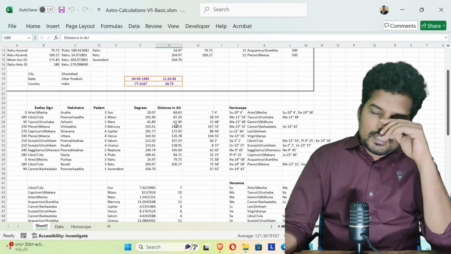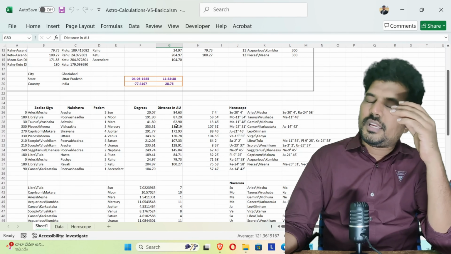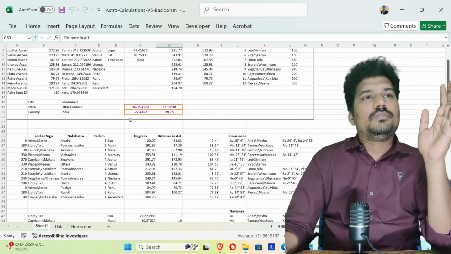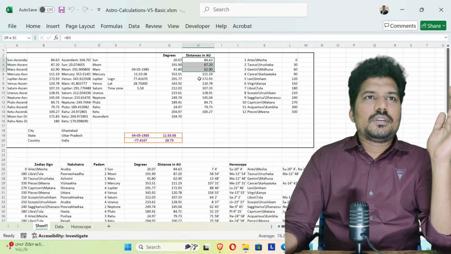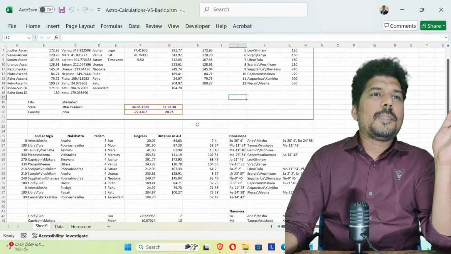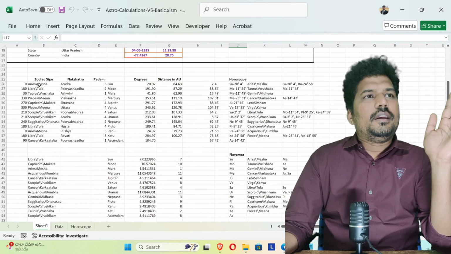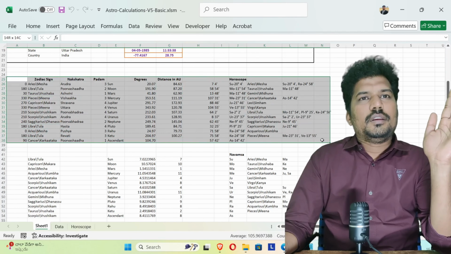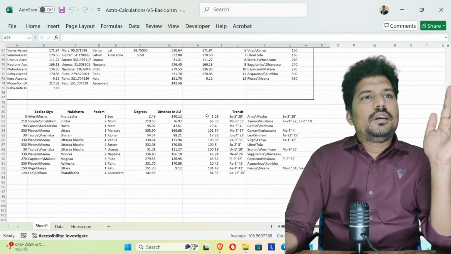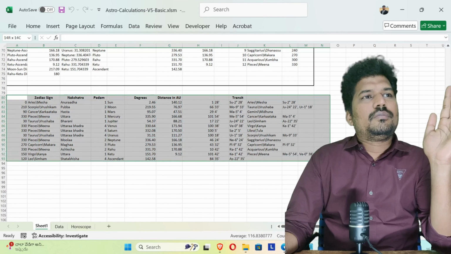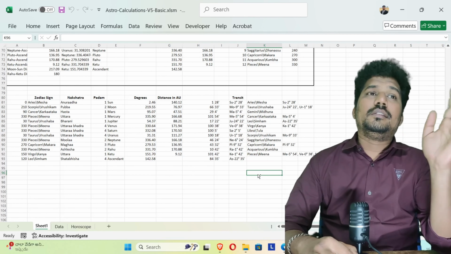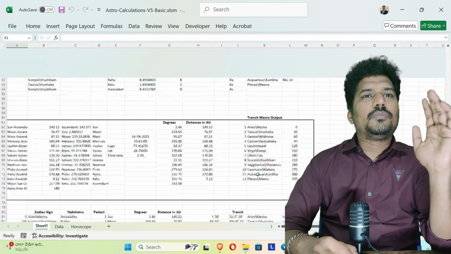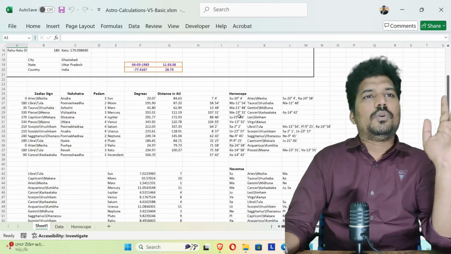If you want further calculation, like Shadbala and things like that, you can take distance details also from here. Ideally you should take from here for the horoscope, and from here for the purpose of transit details, because either distances or degrees, it is preferable to take from there instead of these boxes.